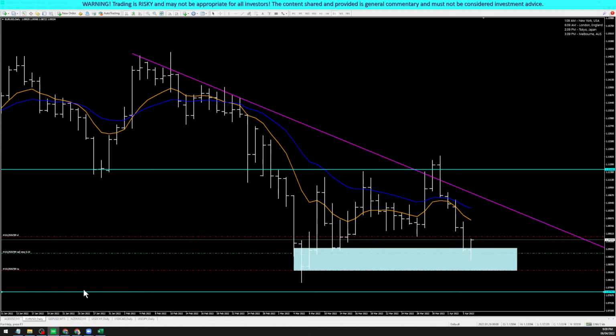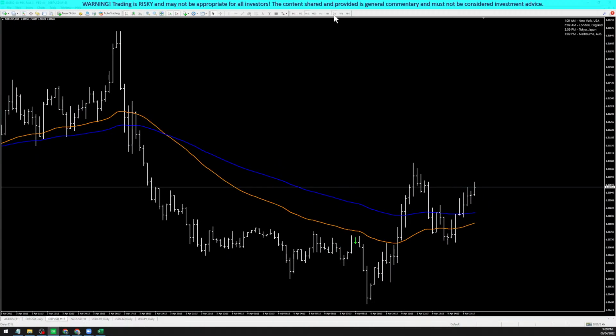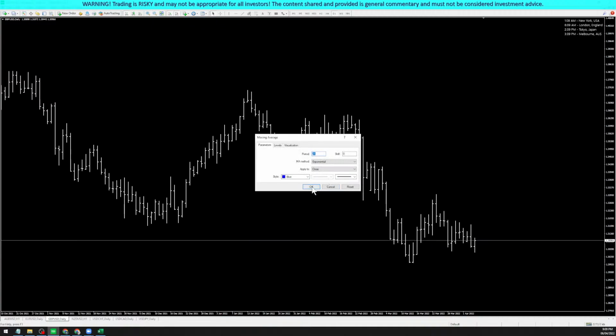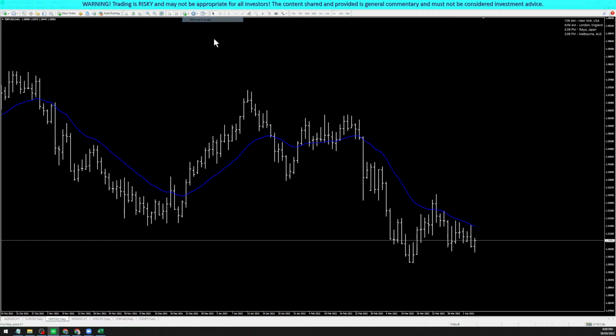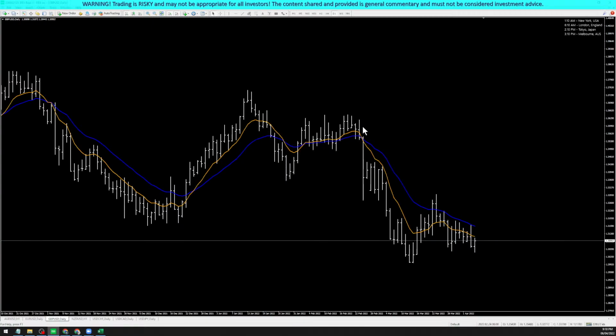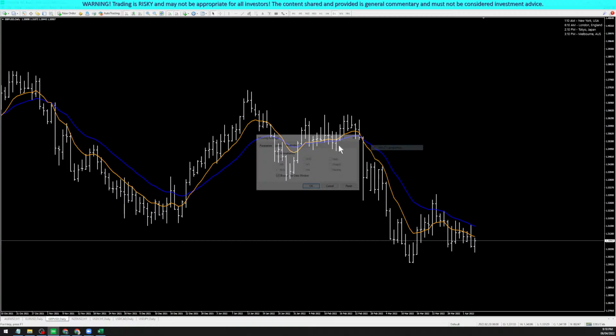Okay, so I'm moving on to GBP USD now. Same analysis will be applied, right? Clean chart. You can always add the EMAs if you want, right? If you know how to add your EMAs, you can go and do that. What settings of EMAs that you want to use, it really depends on your trading style or your strategy. For me, I'm using this on these time frames only. You can always pause that so you can follow what EMA I'm using. Okay, there you go.